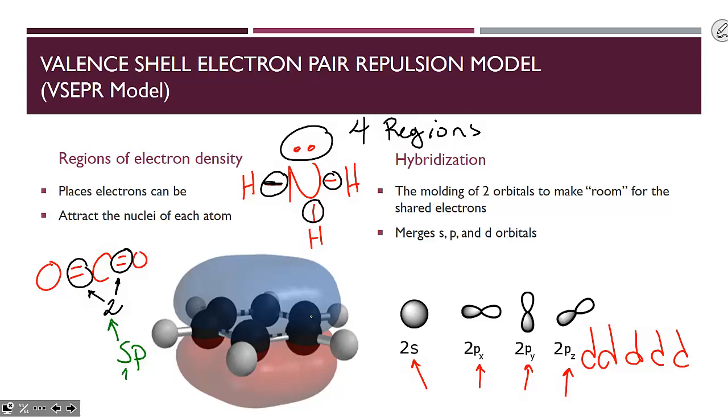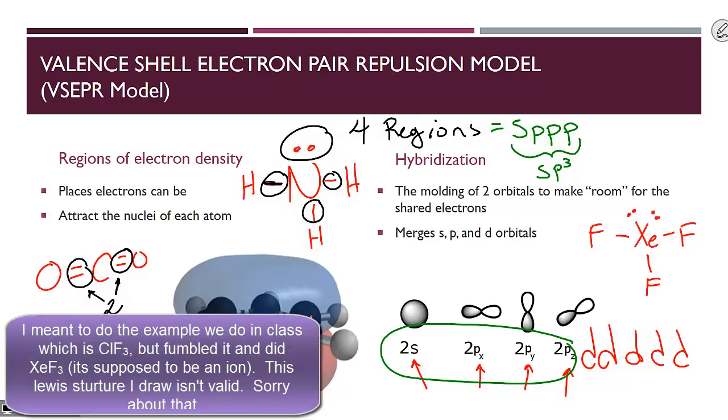So an s orbital always fills first, then we'll hybridize and pull in a p. So anything with 2 regions of electron density, we would say is sp hybridized. If something has 4 regions of electron density, we'll have to pull in 4 orbitals to hybridize. So you would need an s and 3 of your p orbitals, or you would write this as sp3 hybridized. In a large molecule, something like xenon trifluoride,